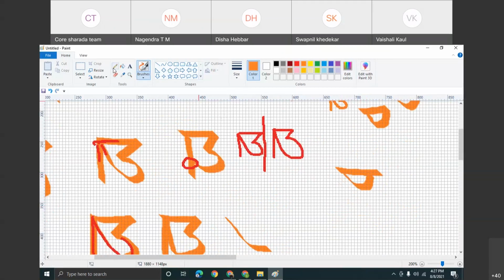Don't worry, because I'm using a calligraphy pen, so you may think I'm trying to make it that way. You can do it with a pen also. So when you're doing that, take it here and do it here. So a little bit elliptical type of thing here. This is more correct.